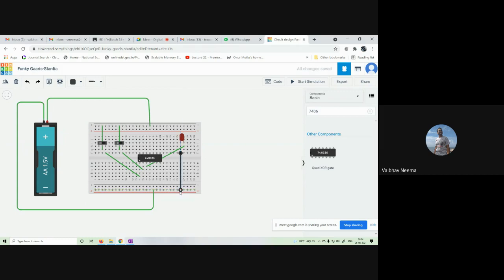Along with this, we have to make two more connections. Pin number 7, the ground pin of this IC, we connect with the ground terminal, and the supply pin, pin 14, we connect with the supply. So these are the required connections for the verification of the truth table for the 7486 two input XOR gate.